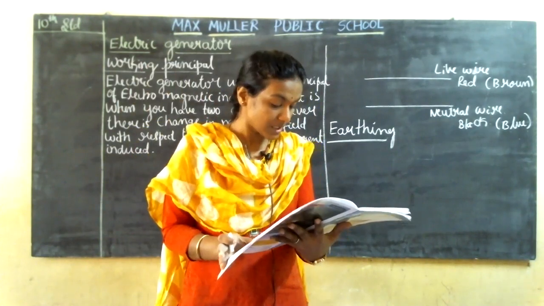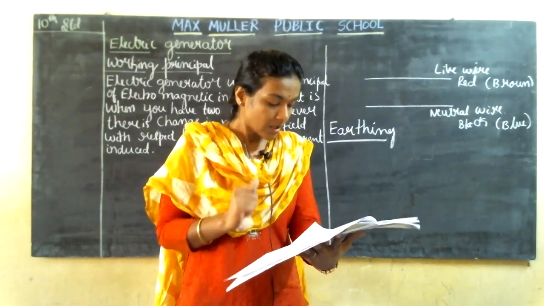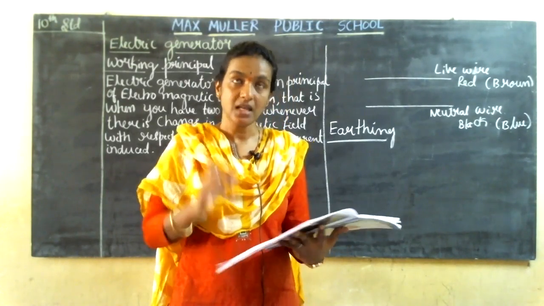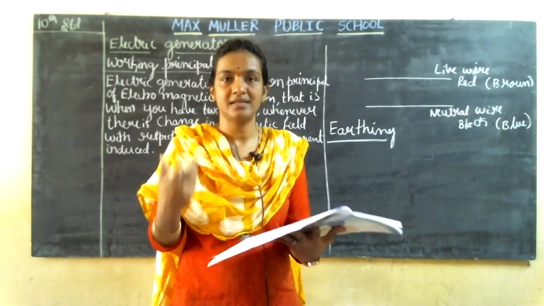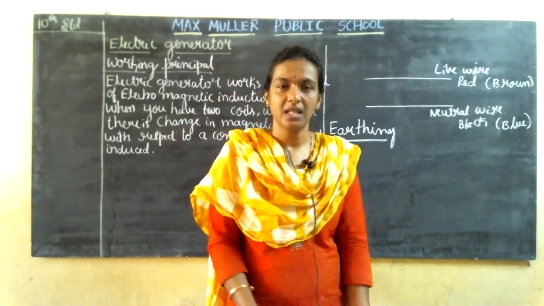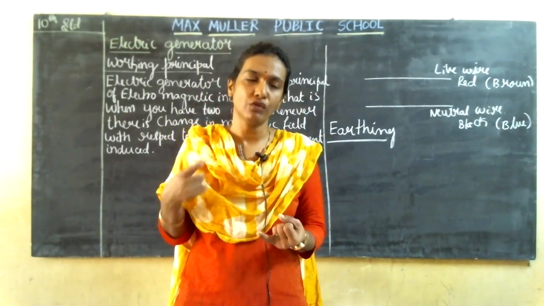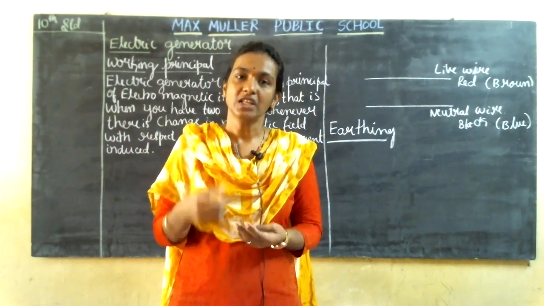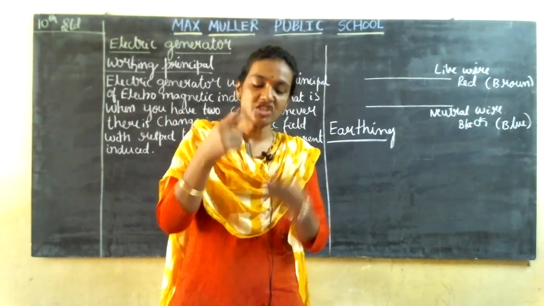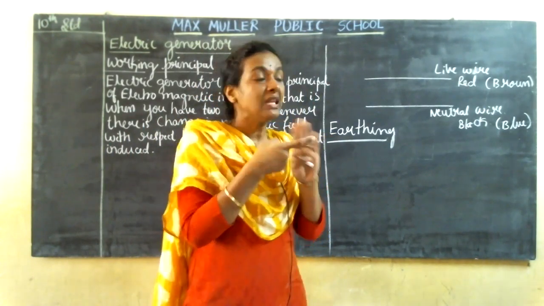Next comes the last point in this domestic electric circuit topic, that is overload and short circuit. We all know this one. See, nowadays we are using a phone, a laptop, a TV, a fan, everything, right? So at least these four connections we are going to give at one point, minimum.